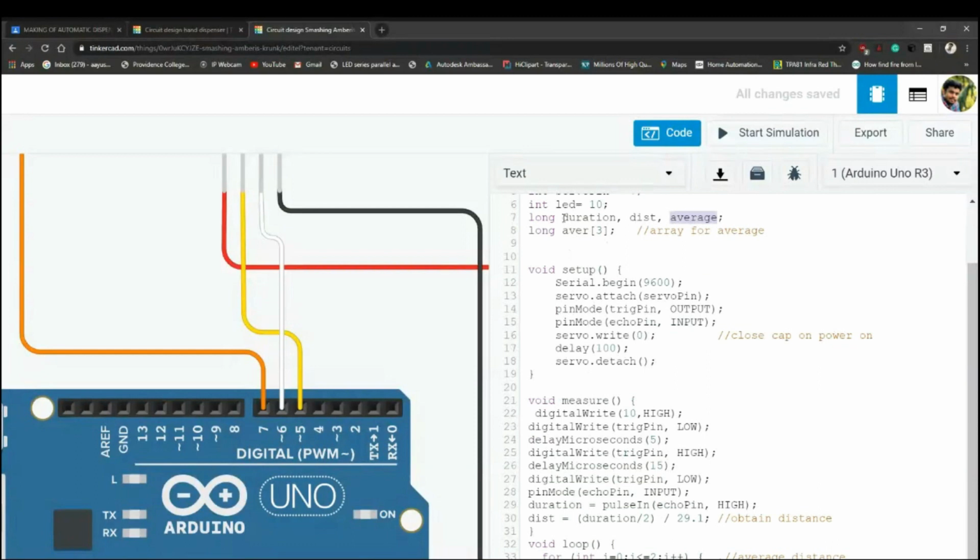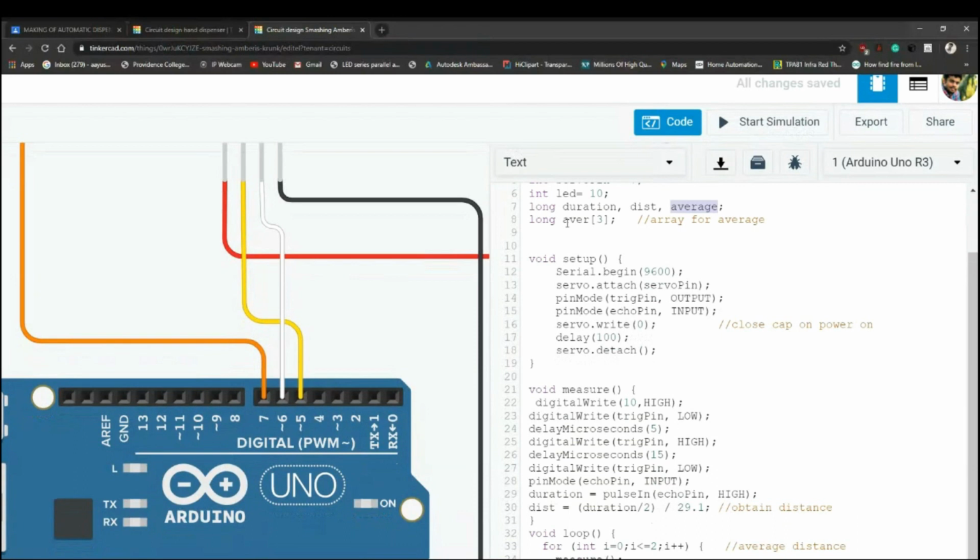This duration is for how long you will put your hand beneath that nozzle for the soap solution or the sanitizer solution to come out, and the distance is the minimum distance which will be present over there, and the average will be taken to do all the algorithms and all that.